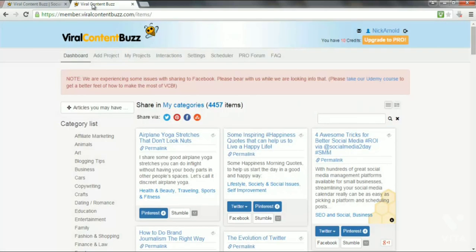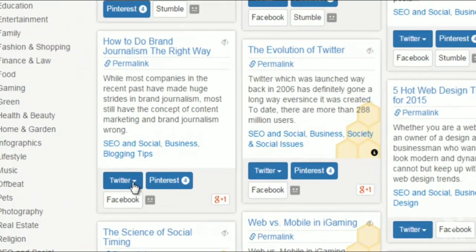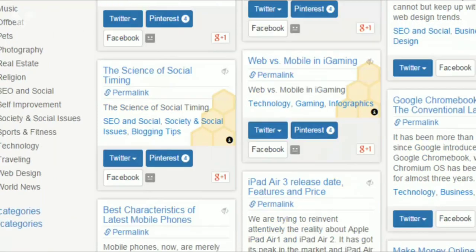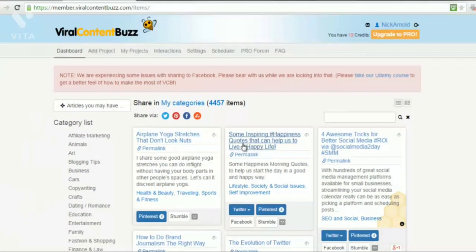So if we head on over to the members area, what we can see is a dashboard that has a bunch of different articles or content. As we scroll down, there are different content, and each content has share buttons, as you can see: Twitter, Pinterest, Facebook, etc. Now the way this works, it's dead simple, is that when you actually sign up, you go into